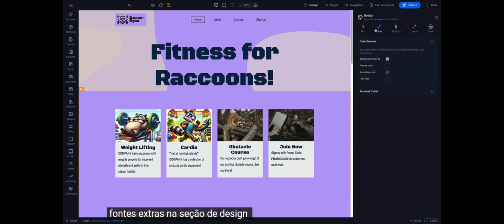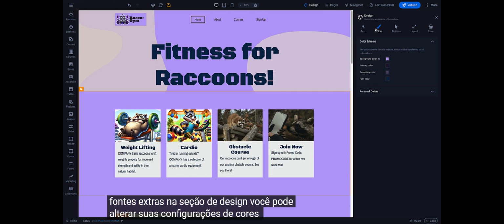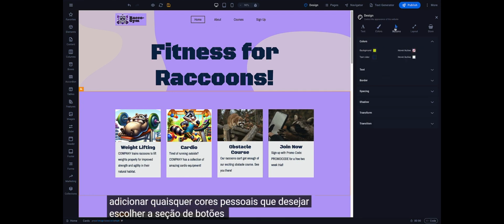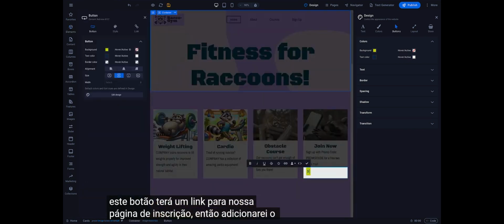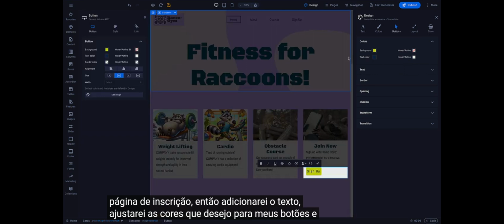Back in the design section, you can change your current color settings and add any personal colors that you want to choose. The buttons section changes the button elements you have on your site. Let's add a button and see what that looks like. This button is going to link to our sign up page, so I'll add the text, then adjust the colors I want for my buttons,